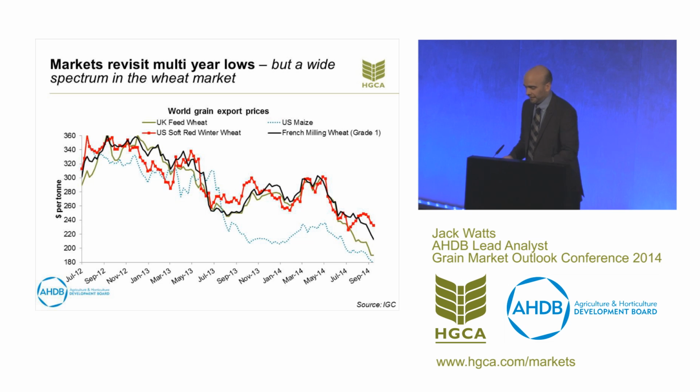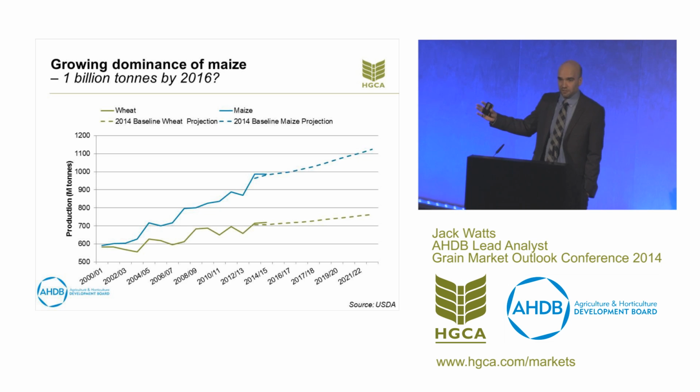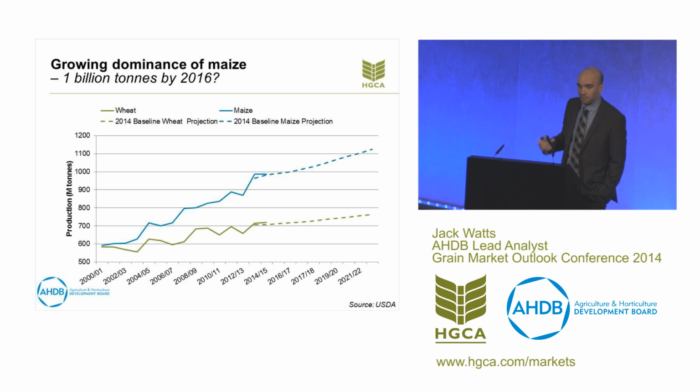I want to touch on a subject now, looking at some bigger picture stuff, and really looking at how the prospects for wheat and maize production around the world are changing. We've got two lines here, really since the turn of the century. The top line looking at global maize production, the bottom one looking at wheat. The solid lines take us up to the current day. The broken lines are the projections from USDA for the next 10 years. We will soon be talking about maize crops of around 1 billion tonnes within the next few years,